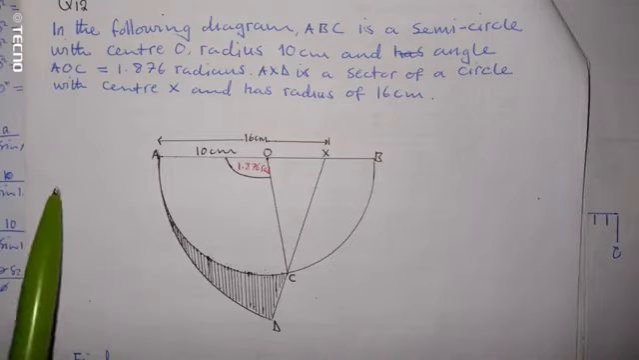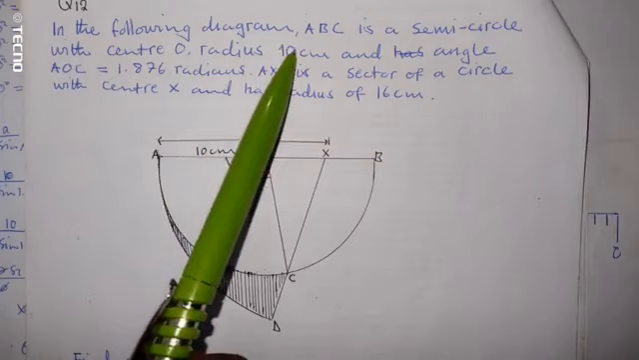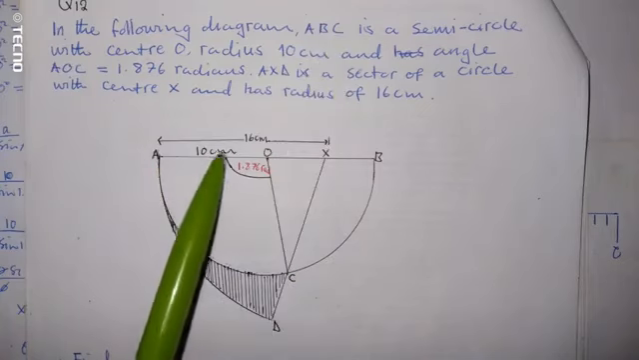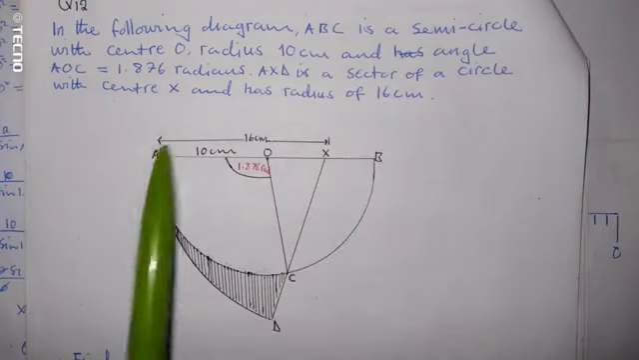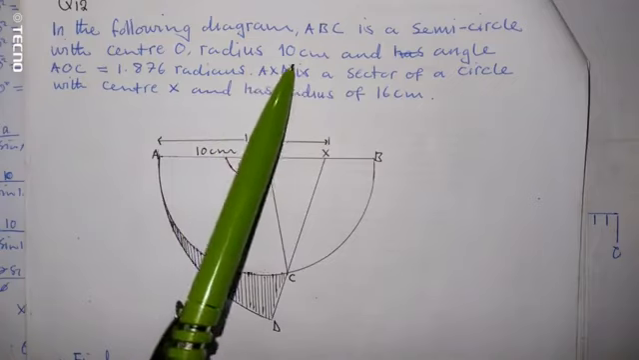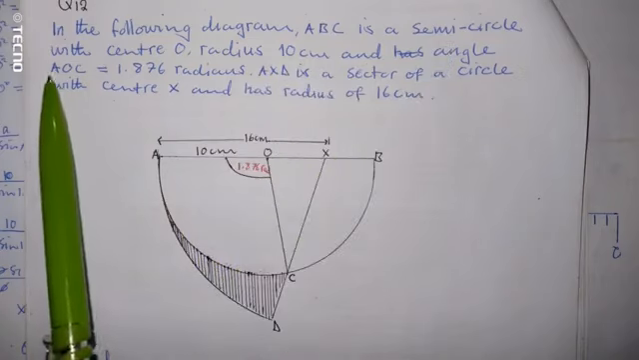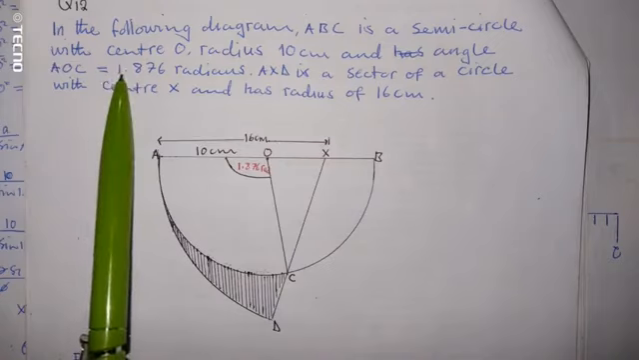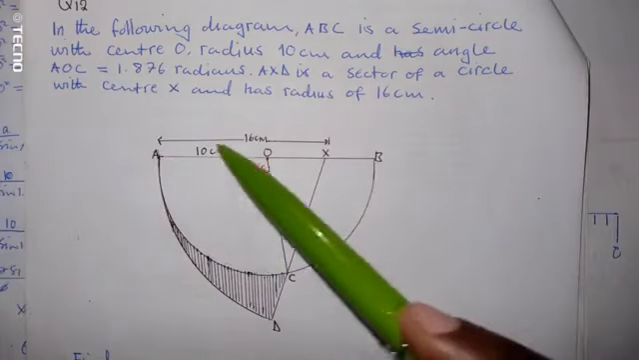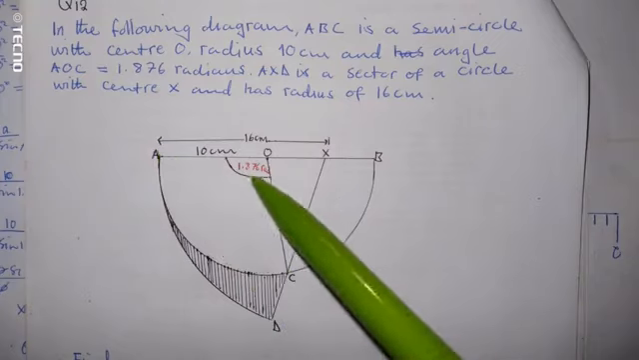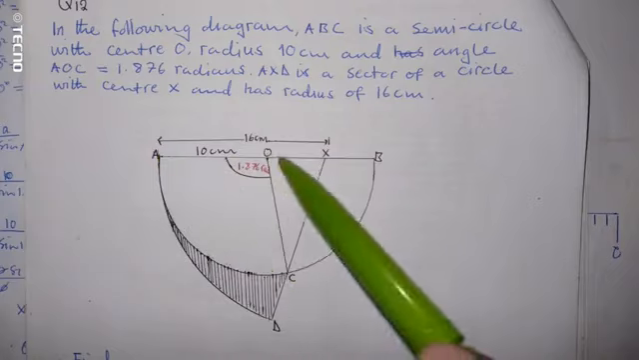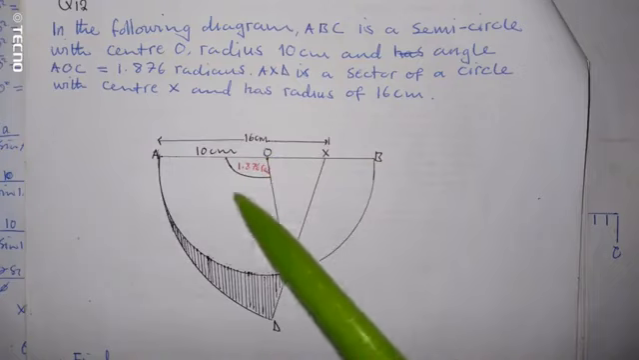So here the information reads: in the following diagram, AOC or ABC is a semicircle with center O. So center O we have is here. Then radius 10 centimeter and angle AOC is equal to 1.876. So this is the radius here of ABC. The radius is 10 centimeter, and it is making an angle